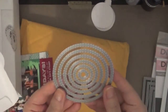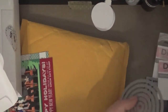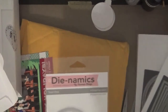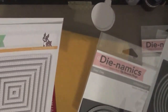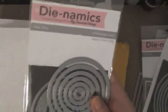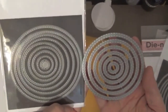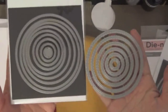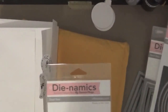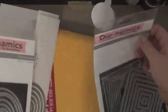Okay, the circles are small. They're smaller than... I don't know if they had an oval, because this was a pack, and I don't think they had an oval, but as you can see, the circles are a lot smaller. So that's the size difference, because I bought all of their MFTs